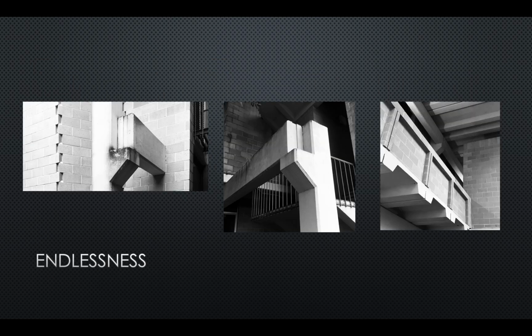And then here we are just looking at the modular aspect of the building. The School of Music is actually incomplete. Many of you will probably know that there was actually meant to be another 10 practice rooms added to the building, but it was easy to take away those 10 practice rooms from the design of the building because it's a modular structure. And we can see this aspect of endlessness in the modular structure in how these beams here remain incomplete.